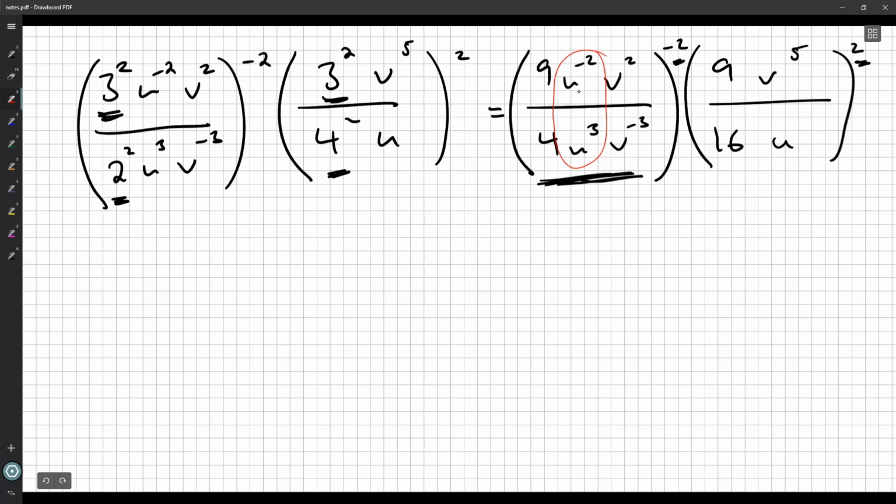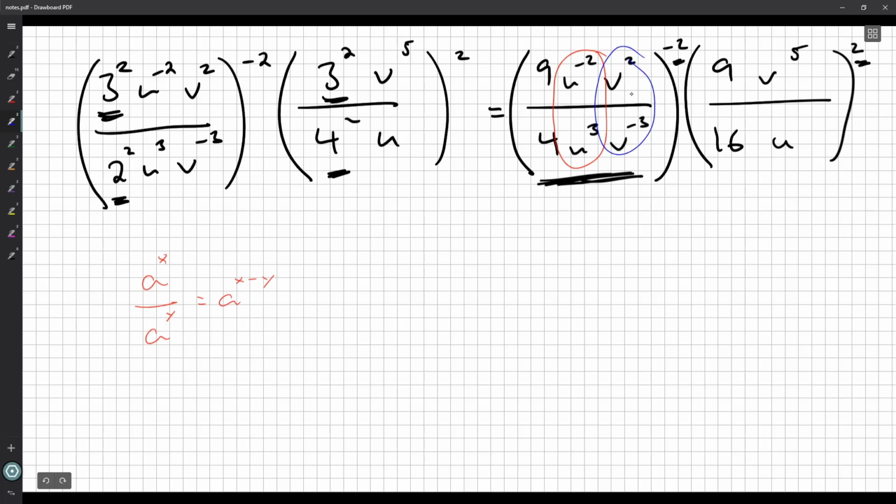So I might notice here I've got 2 different powers of u. Okay. And they're being divided. So again, think for a moment. What happens when we divide powers of the same base? Right, what's that rule? Okay, a to the x over a to the y. That's a subtraction. So maybe I could turn this into a subtraction and just get a single u here. Something to think about. Okay? And while we're at it,